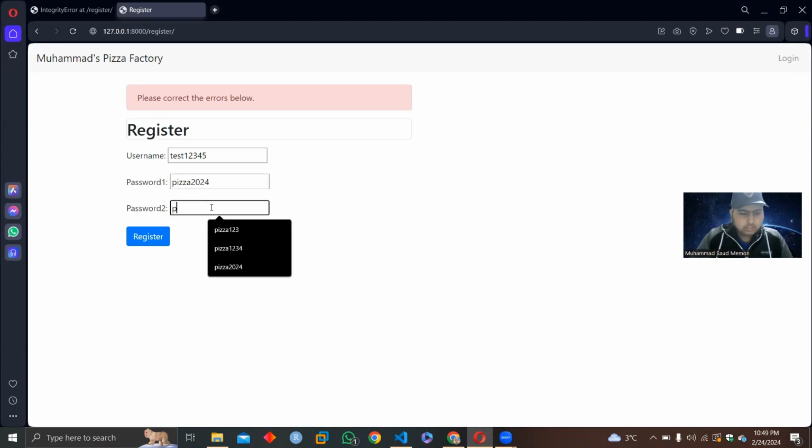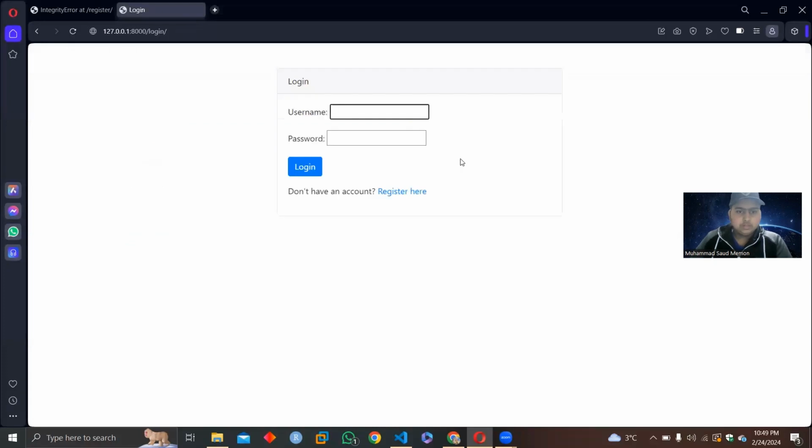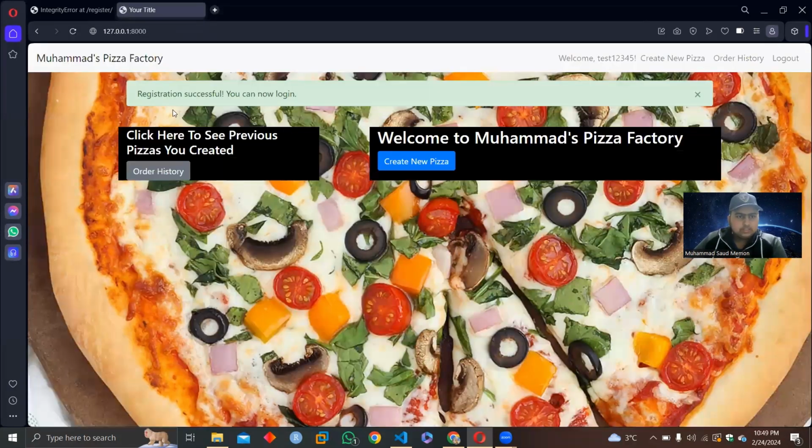password. If the two passwords don't match, the validator will say that the two passwords didn't match. And if they both match, that will register into our admin page. When it's already registered, we can write here with the password and username. And when you log in, it will take us to the first page, and it will show you that